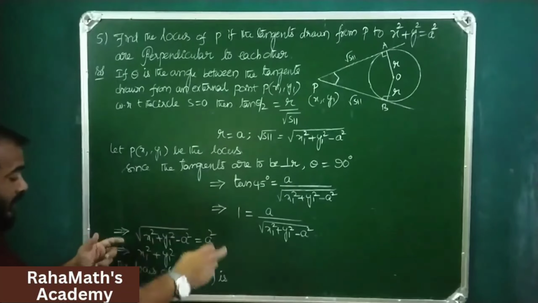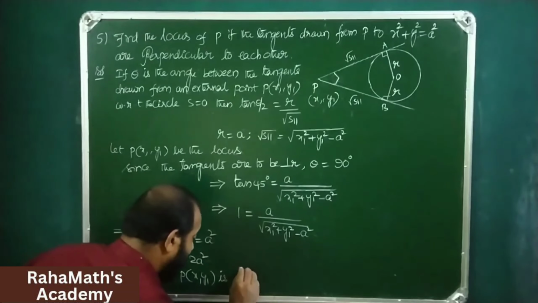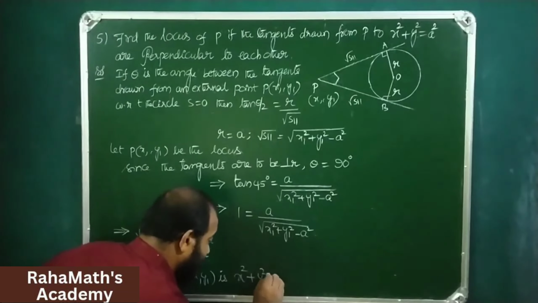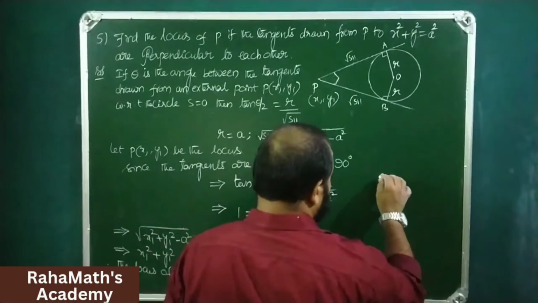Therefore, the locus of P(x1, y1) is, so simply remove x1, y1. Therefore, the point's behavior in this plane we will be getting: x square plus y square equals 2a square. That means,